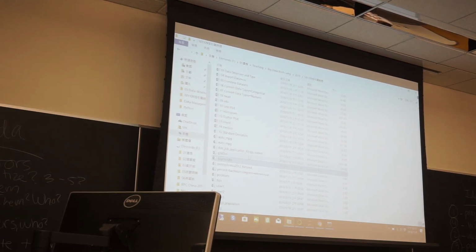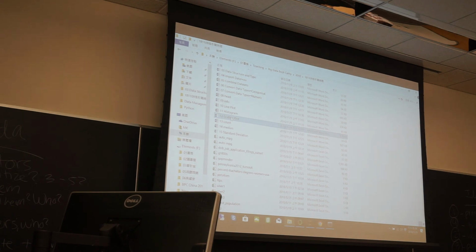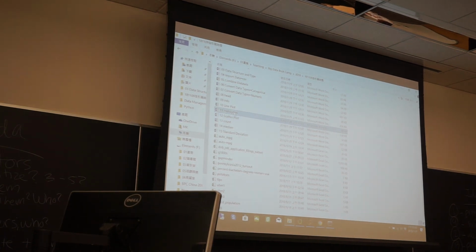Okay, because we are pretty much running out of time, I will skip the histogram and the scatter plot because, as I said, I